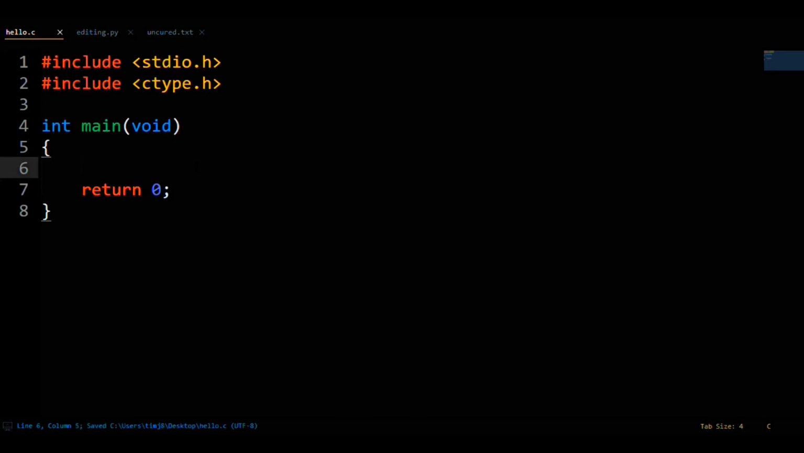Let's set up some code so you can see the functionality of toUpper. We'll have a char array of 5 characters. So, chars[5] equals the array containing lowercase a,